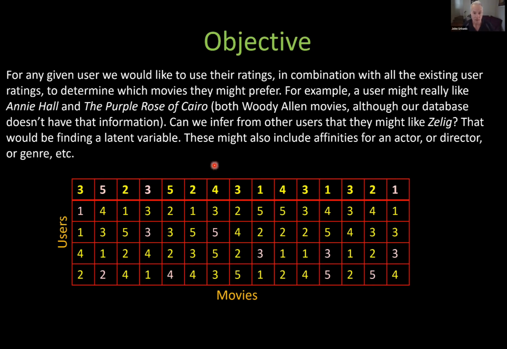So again, it's, I hope, intuitive and easy to understand for everybody what we're trying to do with the data. But if you think that that's a difficult task, think about as a human being how you might approach this problem. If you're a video store clerk, back in the days when there were still video stores, you might observe that a user coming in really liked Annie Hall and the Purple Rose of Cairo. And as the knowledgeable video store clerk, you might recognize those are both Woody Allen movies. And so you might say, you know what, maybe this user might like Zelig. That's another Woody Allen movie.